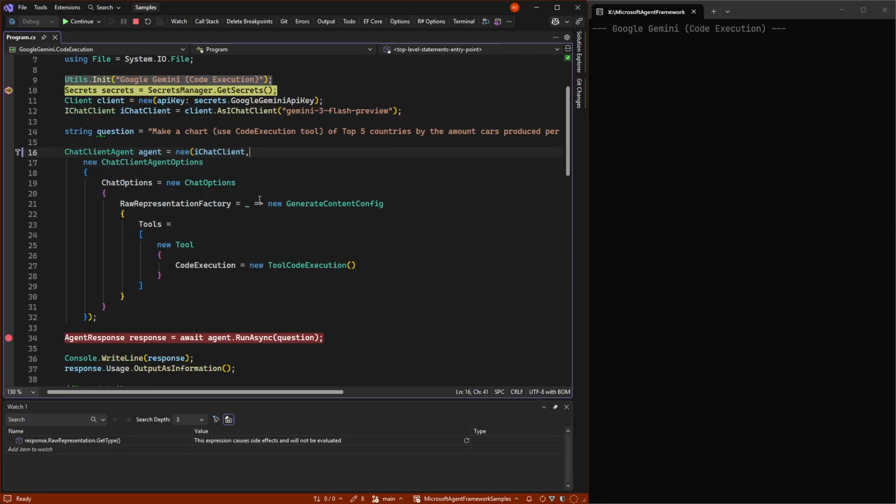So as we have seen with the other special tools from Gemini, of course we can use normal tool calling, but if we need these special tools, we need to do a little of the breaking glass options here, where we go into chat client options, to chat options, and set the raw representation factory to a generate content config. If we do that, we can get a tool called code execution. There's nothing more to it. There's no options or anything. It's just that we get a sandboxed environment that can run Python, and it can only run Python. That's very much specified in the documentation.